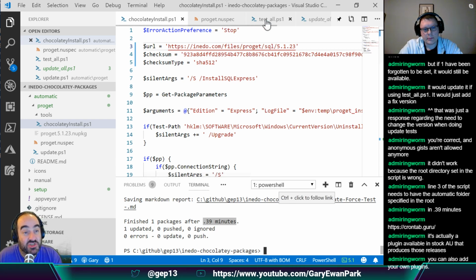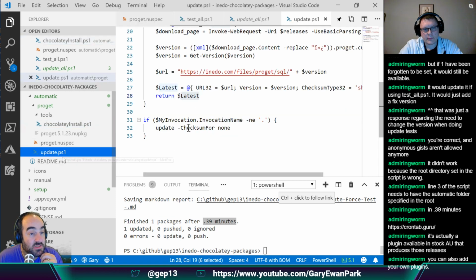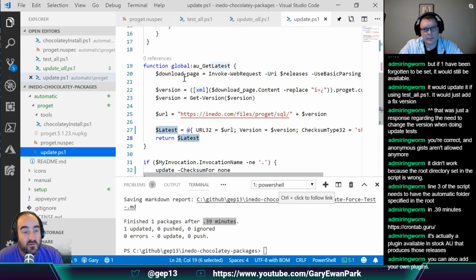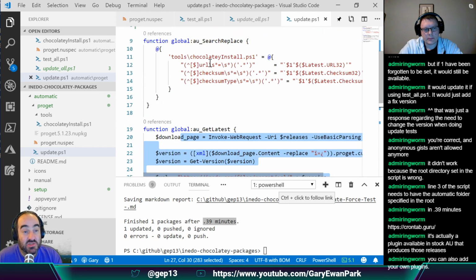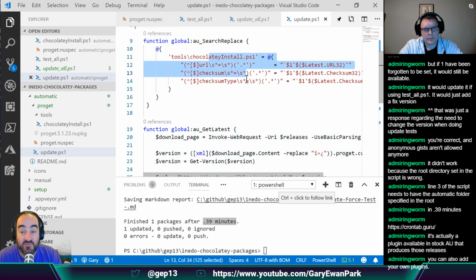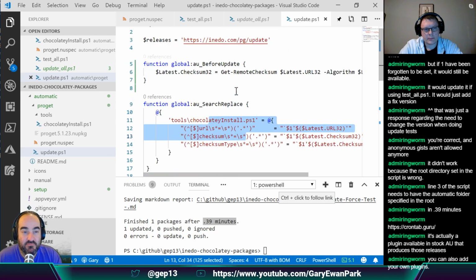But the lion's share of the work that we did was really to find out where we can get the version number from, find out where we can get the URL from, and once we have that information, we essentially do a search and replace across the files that we're interested in, and that's it. And it does all the work for you. Now,